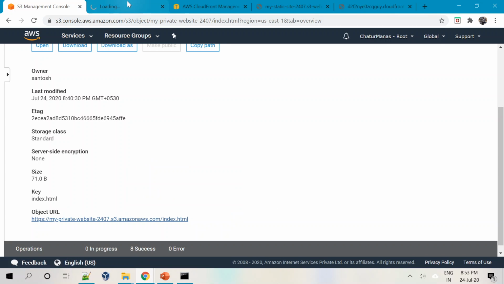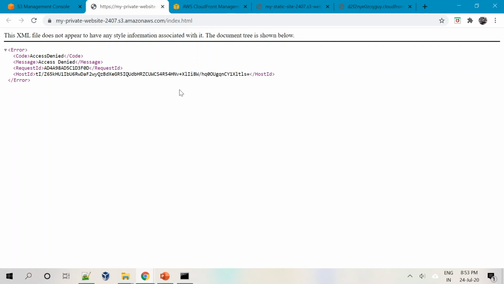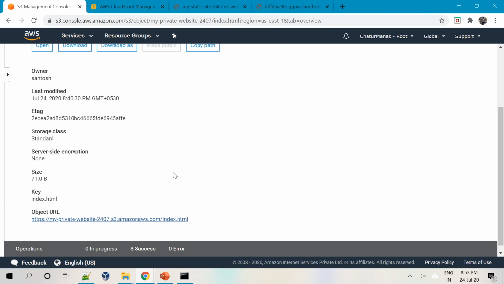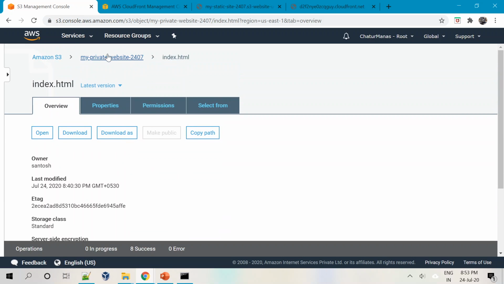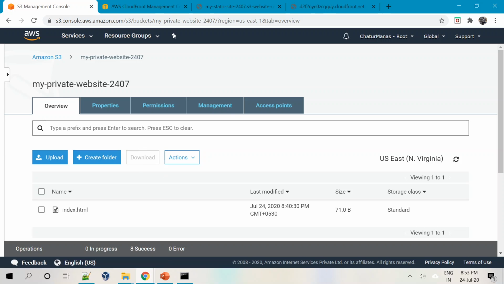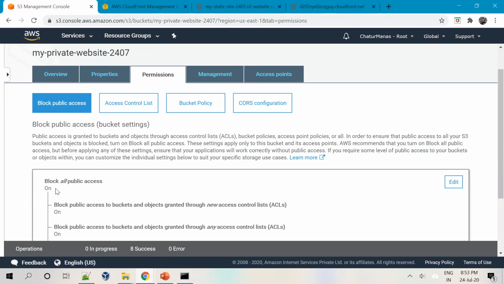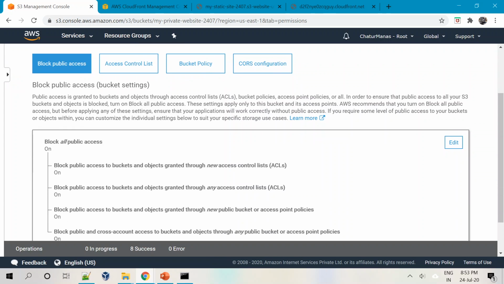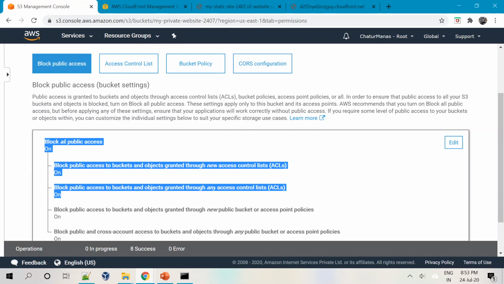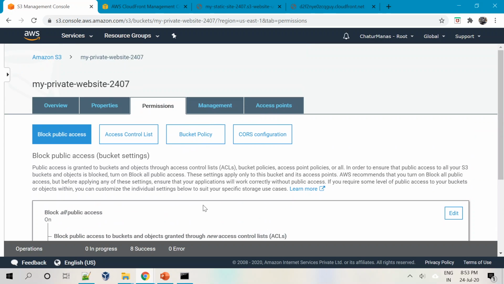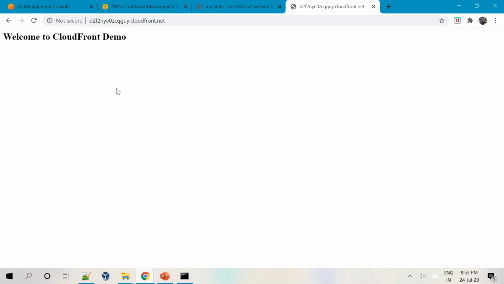So I just open it. You still have an access denied. The bucket is also not public in nature. Now if I go to the bucket, and if I go to the permissions of it, you can see that the bucket still doesn't have public access. So my contents are well protected, as well as my website is up and running with the same content that is private in nature.